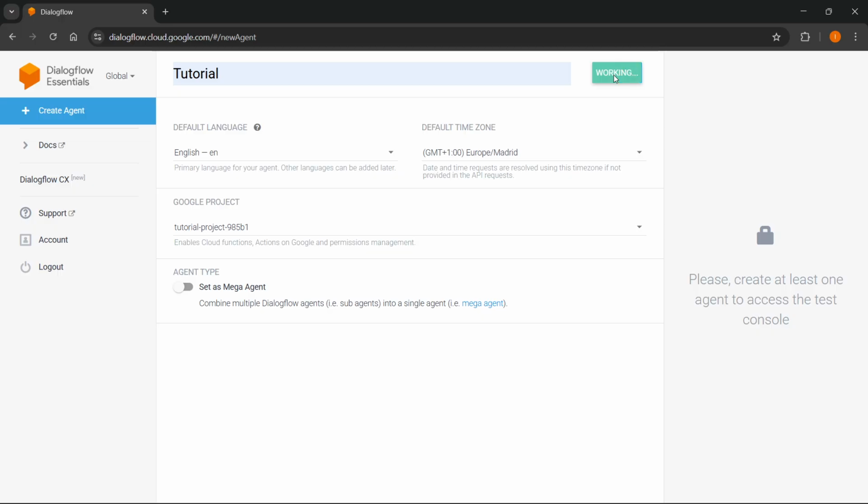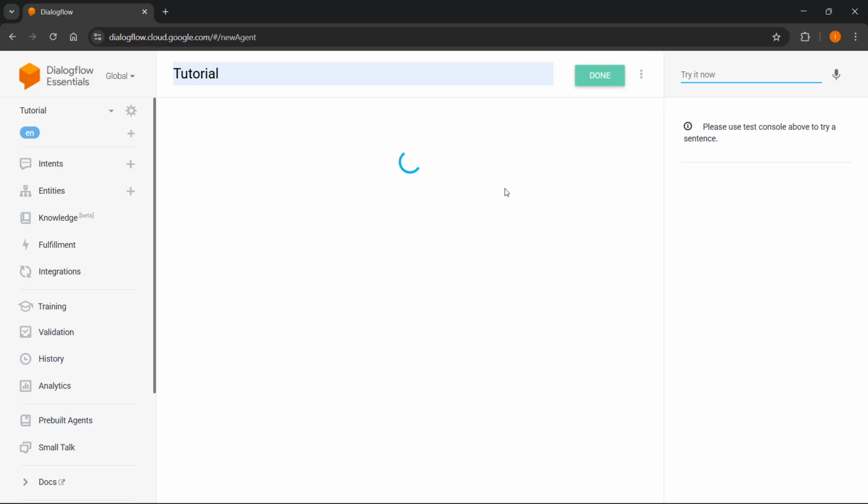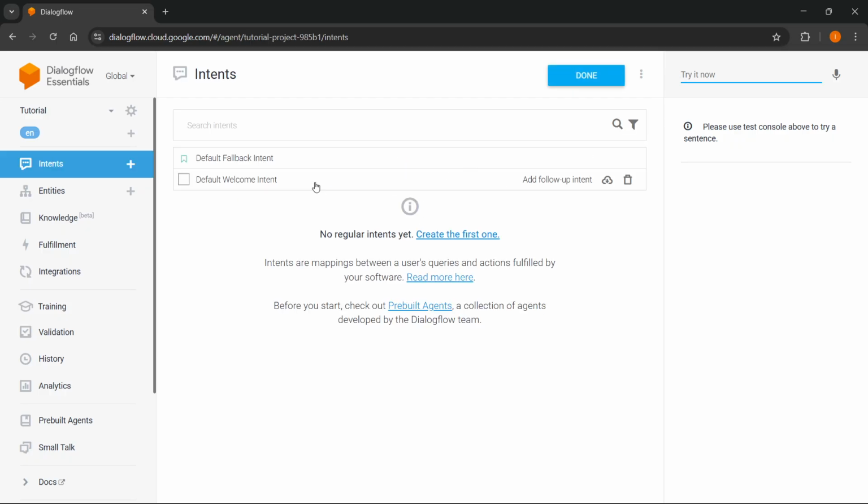And then just click on the create button up top, and when you do that, it's going to start basically working. It's going to say working, and this could take like 10 to 15 seconds, and whenever that's done, you will get the access to your agent, and then you'll be able to go ahead and start building it. There we go. So it's refreshed already, and in here, as you can see in which agent you currently are